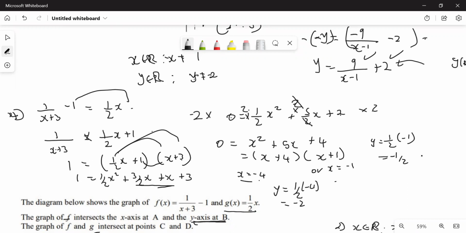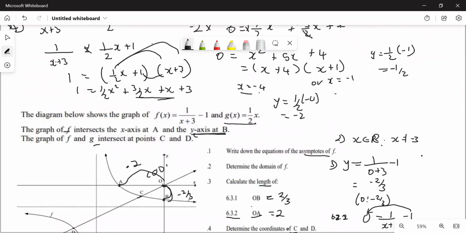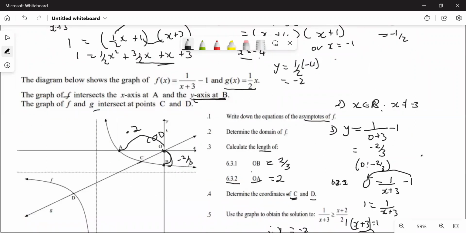Now we need to decide which one is D and which one is C. Which one should be C? Minus 4 and minus 2. Which one should be C? C, so we say, okay, C is going to be minus 1, which goes with minus 1 over 2. Okay. And then what is going to be D then? Minus 4 and minus 2. And then how would we mark this one then? We're going to say,